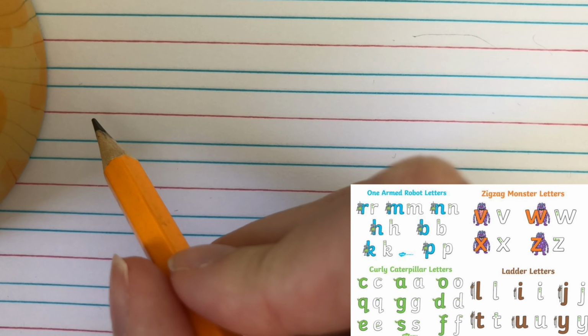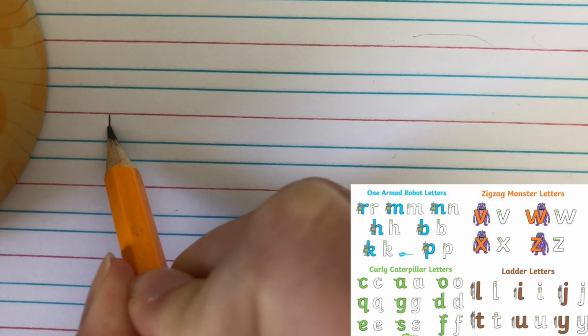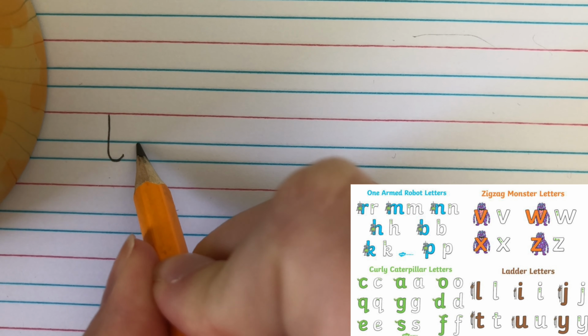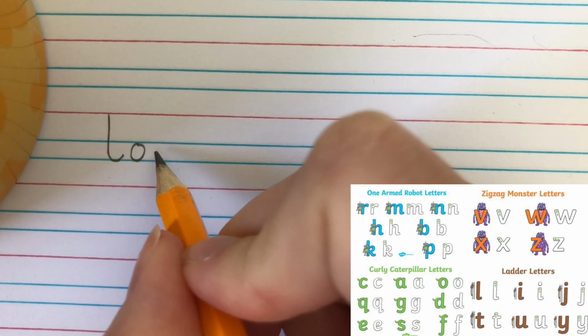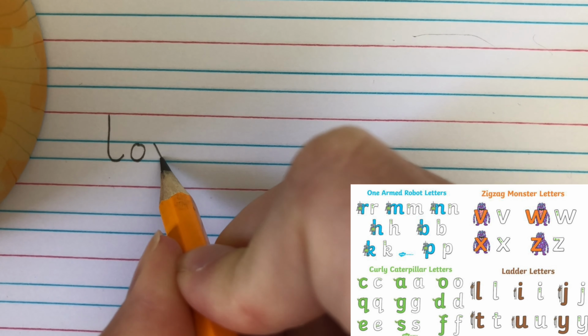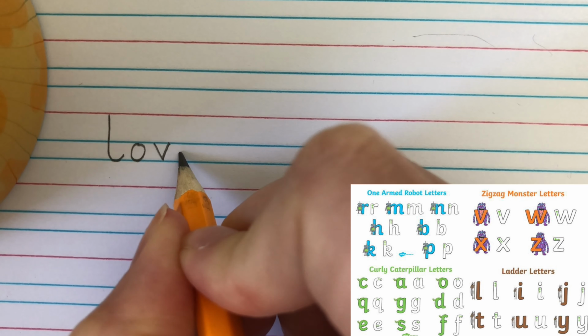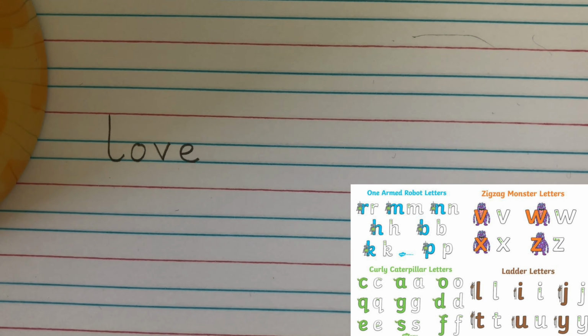So the first word that we're going to practice is love. So we're going to start with a nice tall ladder letter going all the way up to that red line. So go down from there. Then a curly caterpillar O. Then a zigzag monster. It's got almost all the letter families in this one word. And then another curly caterpillar E, which is going to fit in nicely in those blue lines. Love. You can practice that several times if you want, or you can move on to the next word with me,